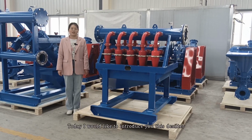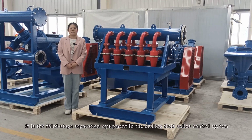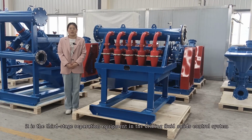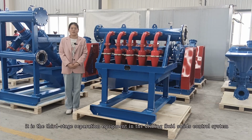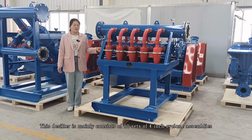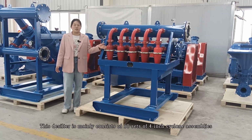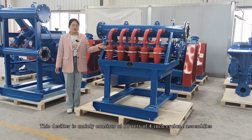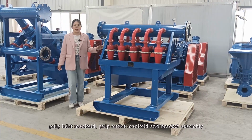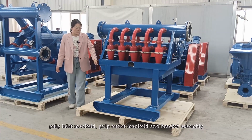Hello everyone, today I'd like to introduce you this desilter. It's a third stage separation equipment in the drilling fluid solids control system. This desilter mainly consists of 10 sets of 4-inch cyclone assemblies, top inlet manifold, top outlet manifold, and bracket